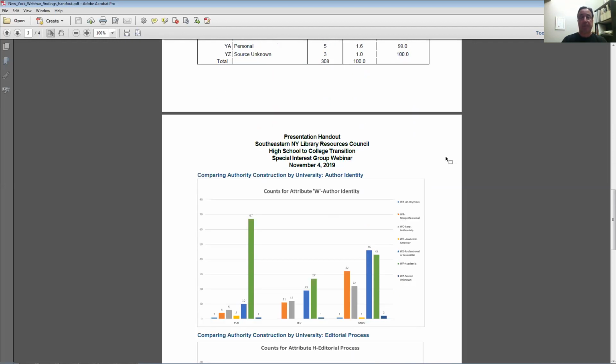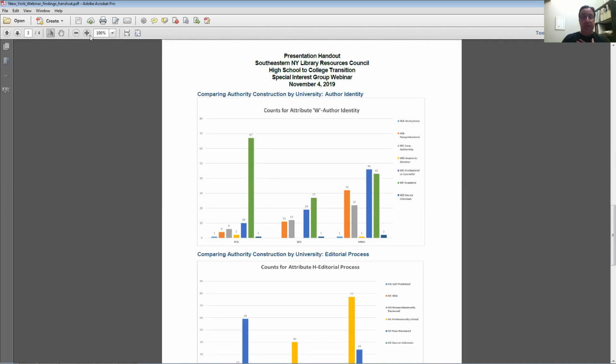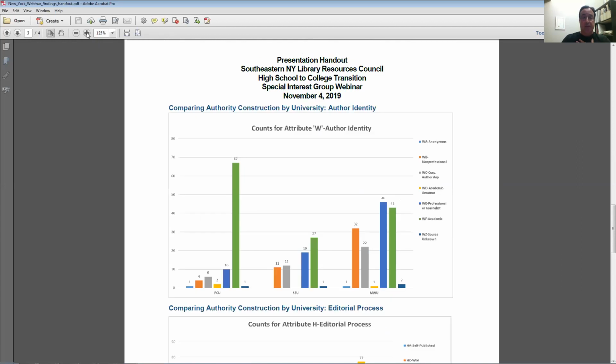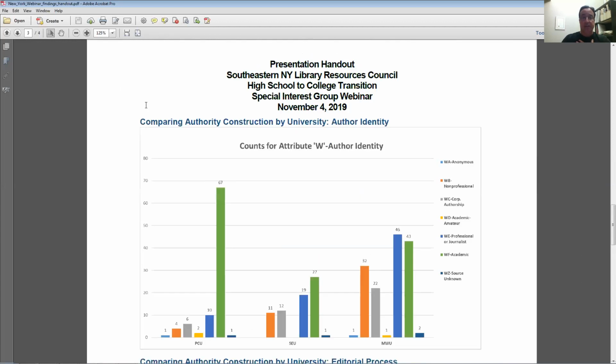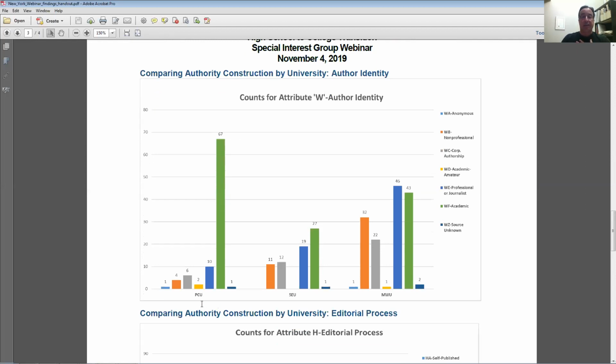And finally, we compared how these papers were broken down by university, and by the individual attributes. So for example, in this first chart here, I'll just increase the size of this a bit. So this is for author identity. And what we see here is, for example, the university that we call Pacific Coast University, the overwhelming number of references ended up using resources